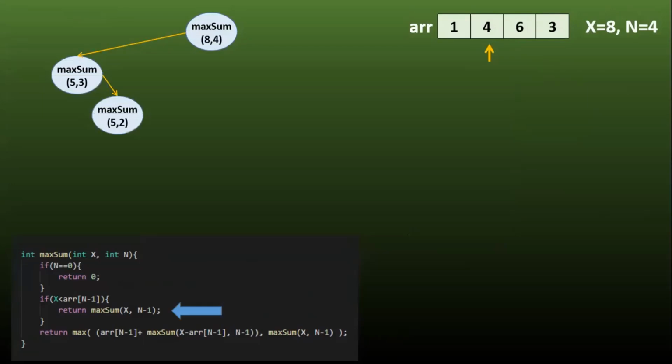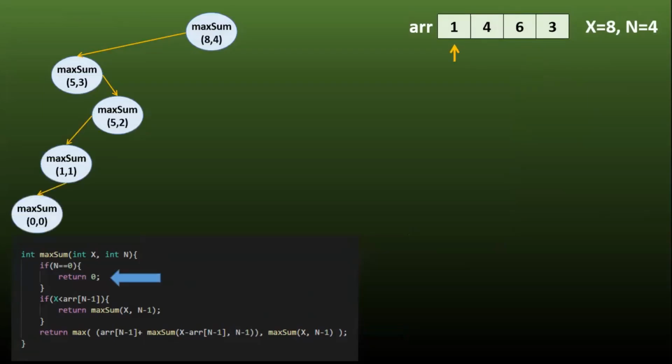X is greater than 4, that's why we have again two choices and we move to the first choice. Now after selecting this element, the sum again reduces to 1 and the current element is 1, so again we have two choices. But since n becomes 0 after this, we return 0. After returning to the previous step, it sees that the second case is still to be executed, so it moves to the second case and then it finds n again equal to 0, so it returns 0. Now the maximum of both the sums is taken and so 1 is returned to the previous step.